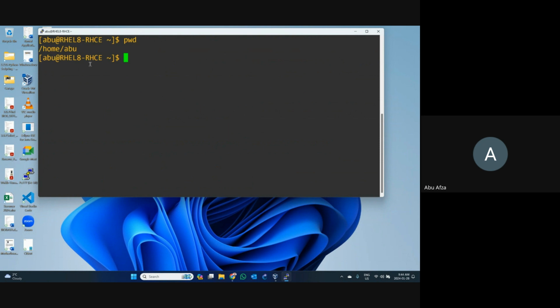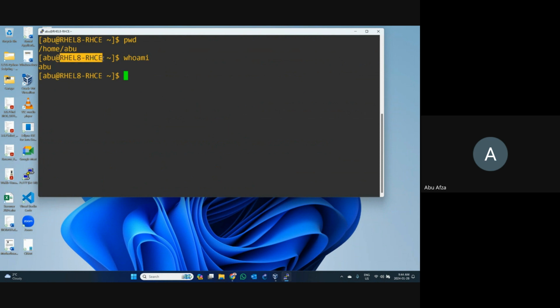So in this way, you can check your current working directory. And if you want to know who you are, that means what your username is, you can write down whoami. So my username is this one. How can you know? Normally, the first part is the username, and the rest comes after the at sign.